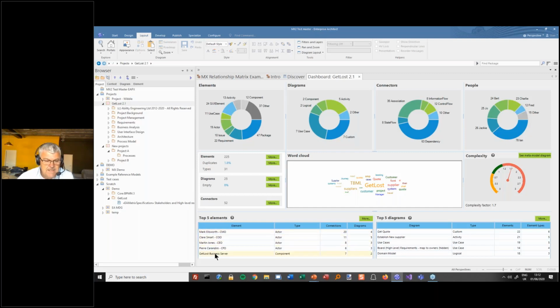So these are mostly people. This model seems to be focused at the moment mostly around people, not necessarily around activities and that sort of stuff. And which diagrams are the most complicated, numbers of element types and numbers of elements, they might tell me the most. Over on this side, we've got